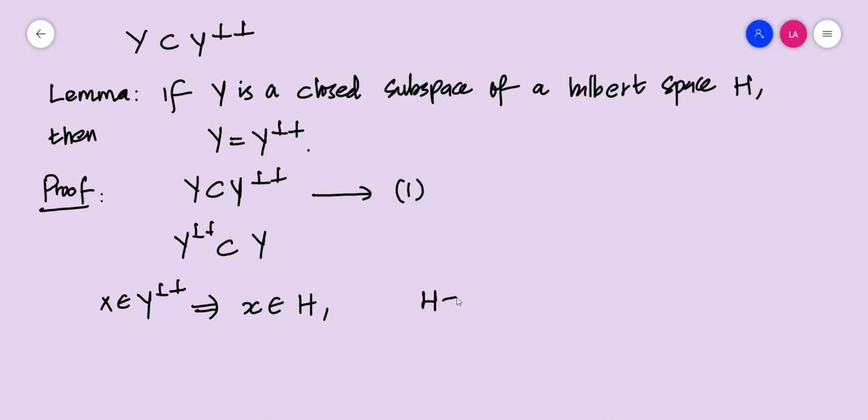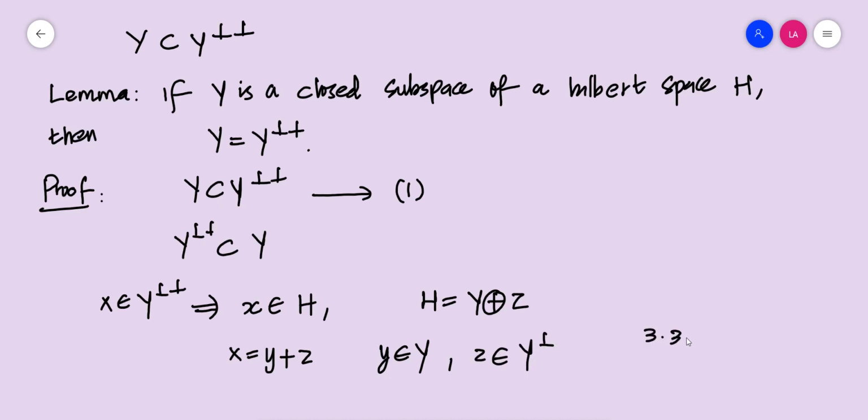Every Hilbert space H can be written as some Y direct sum Z. So X can be written as X is equal to Y plus Z, where Y is an element of capital Y and Z is an element of Y perpendicular. This we have already proved, so we have to quote this theorem. Okay. Now moving on,